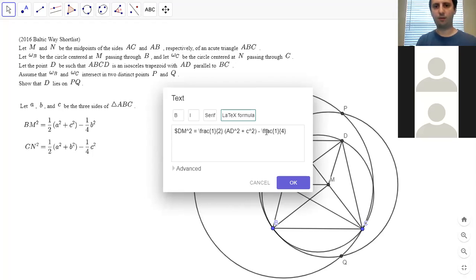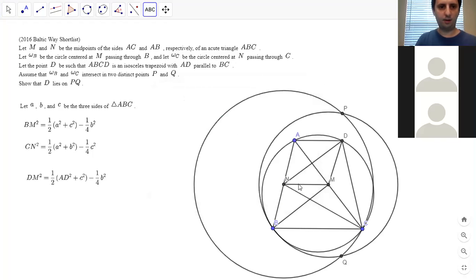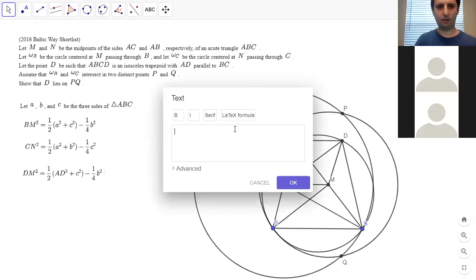Quarter of B squared. And then since DC equals AB,